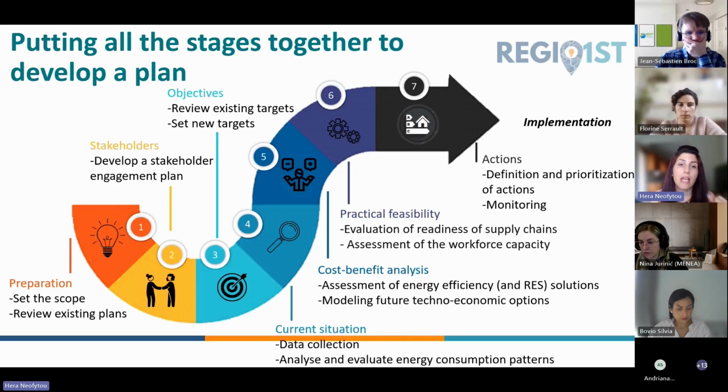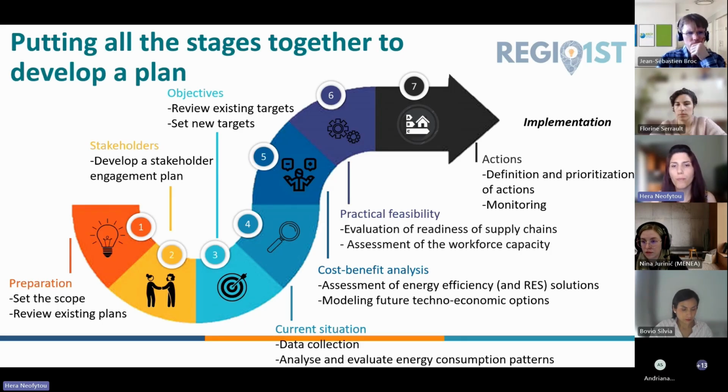The third phase regards the objectives, and here we should review the existing targets and set new energy efficiency targets. In the fourth stage, we can develop the energy inventory. We can collect the data, calculate the energy consumption, and analyze consumption patterns. Then in the fifth stage, we have to conduct a cost-benefit analysis by assessing the energy efficiency solutions and modeling